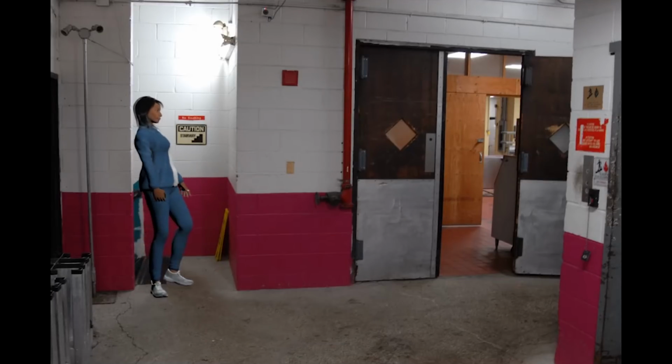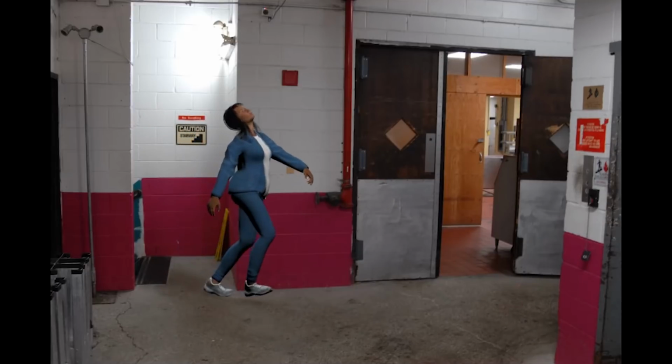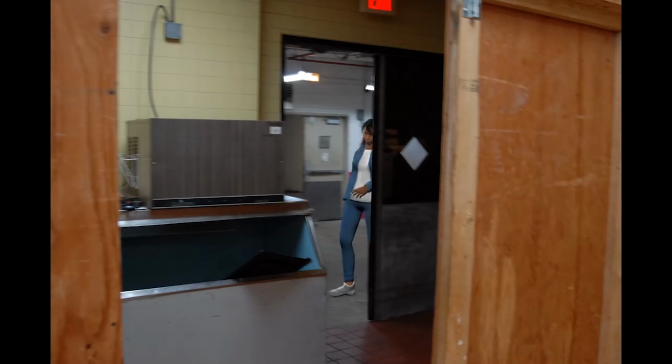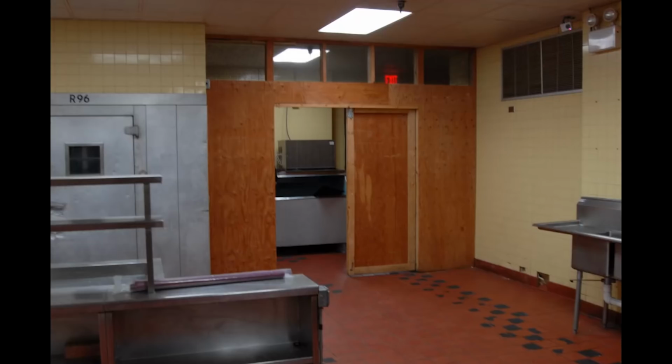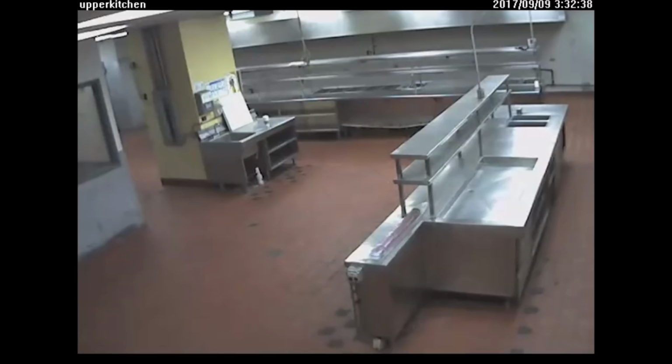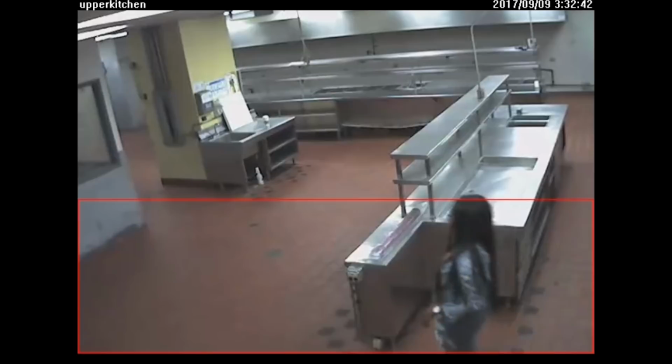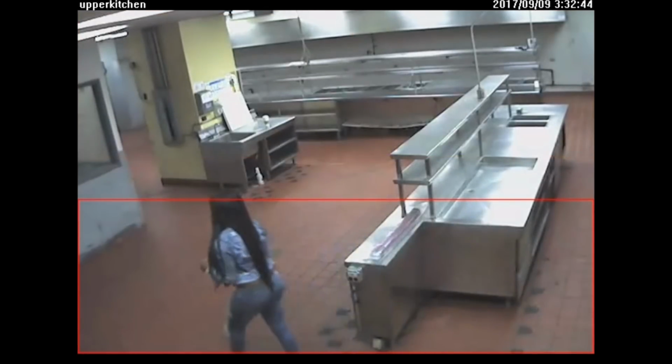So she gets to the top of the stairs, walks by, she's really intoxicated, and then she goes through that door that you could see, and then she goes right through this one, comes into here, and then she walks by the surveillance camera in this room that was working.